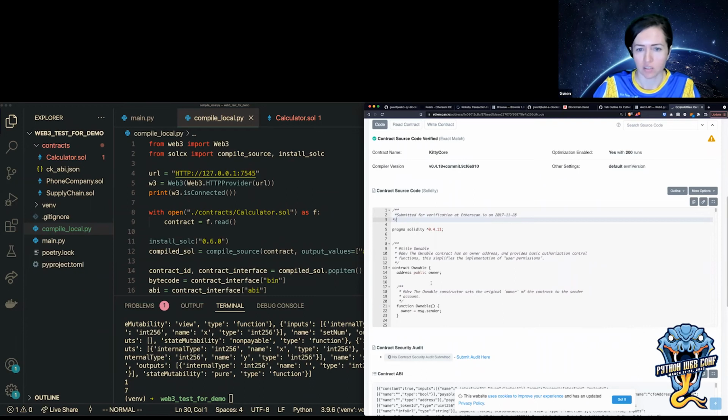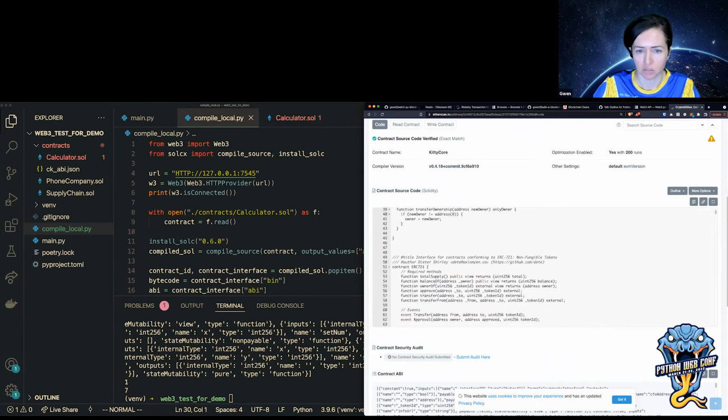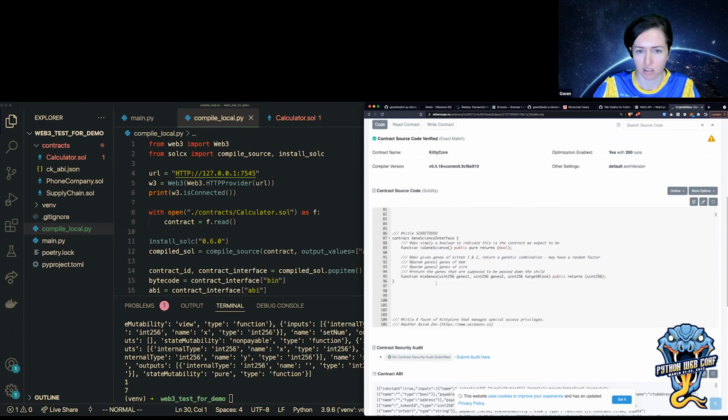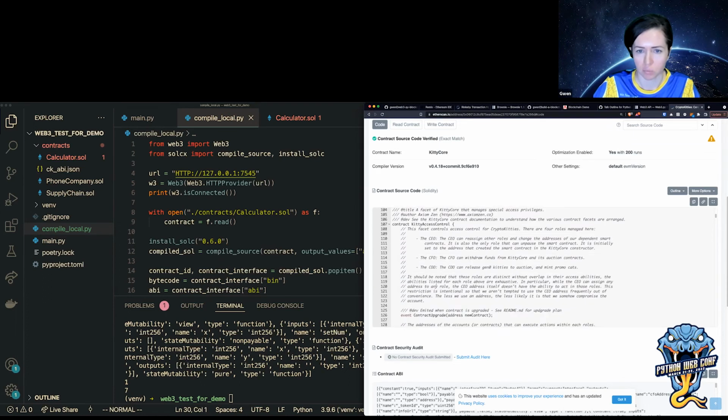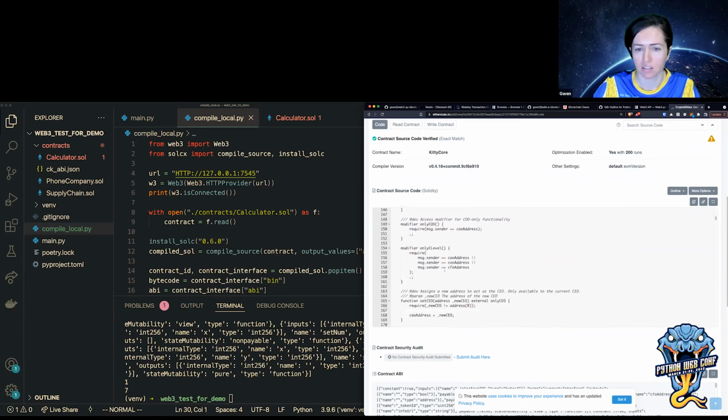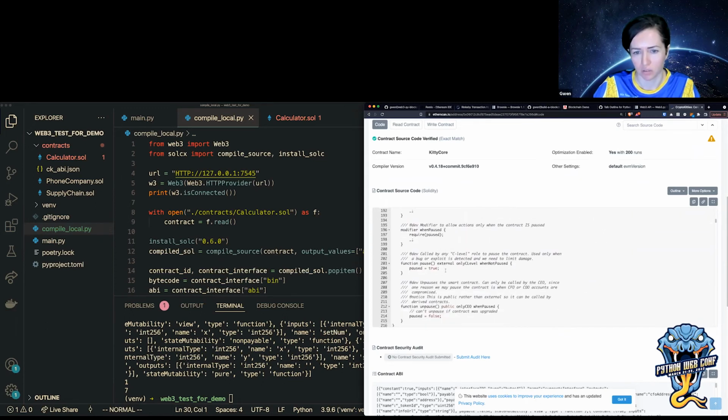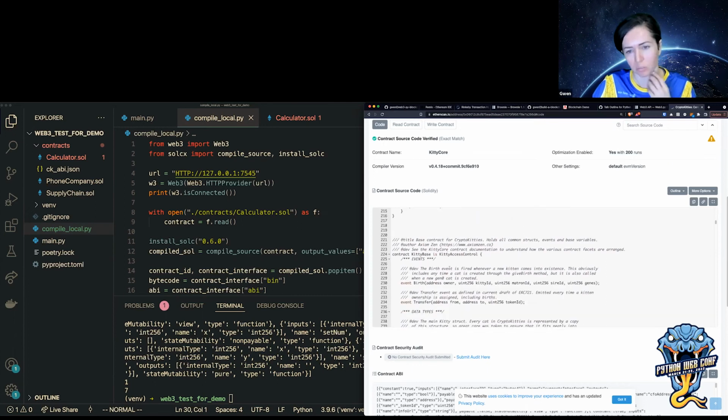And this has all the contracts. Basically, it's a whole bunch of contracts that are deployed. There's something like a kitty main contract, and then all of the other contracts branch off of that or do different functions with the kitties.